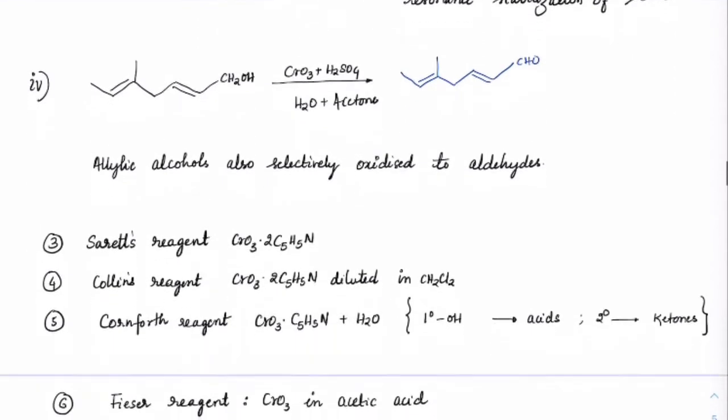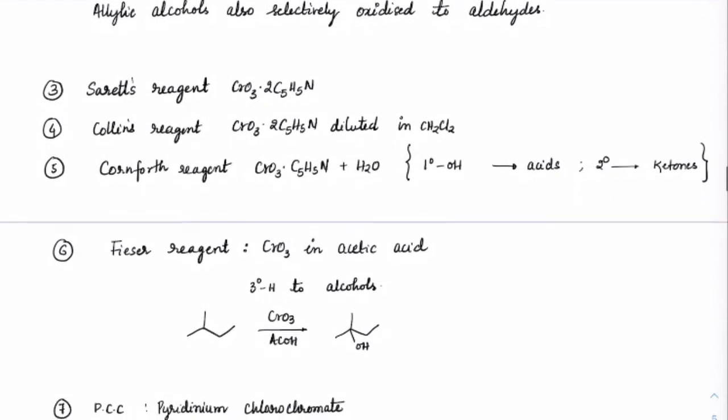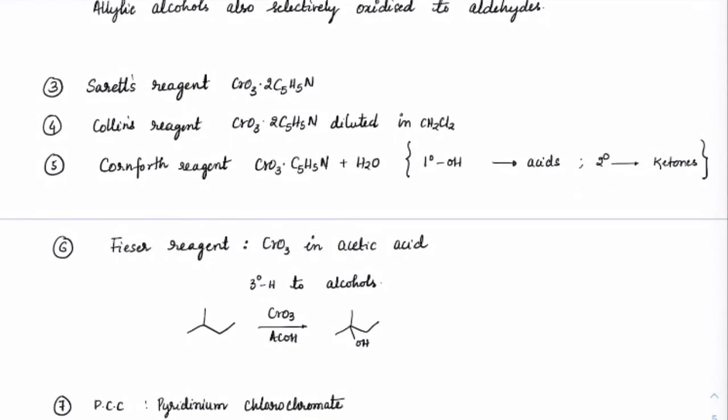Right. Next, that is the second reagent we have learned. First is CrO3 anhydrous. Second one is Jones reagent. Now you see the other reagents, just the way it looks, CrO3, CrO3, CrO3, all of them are the same. All of them are pyridine, pyridine, pyridine. Sarett's and Collins are anhydrous cases. These two are anhydrous cases.